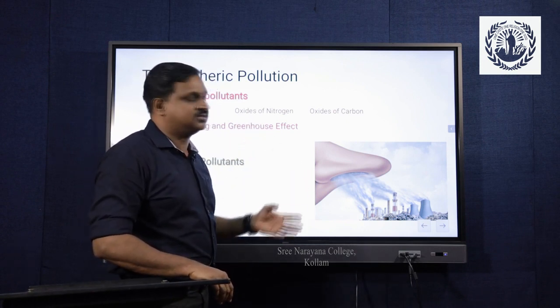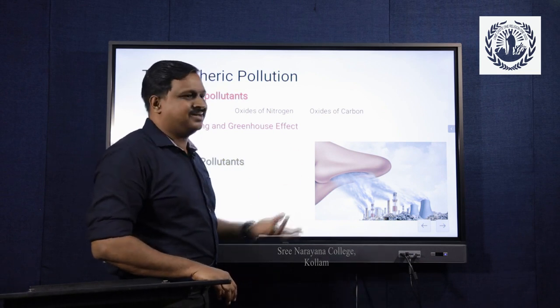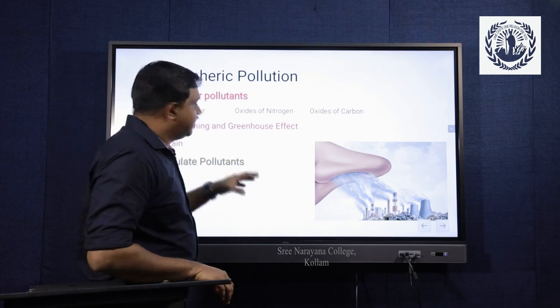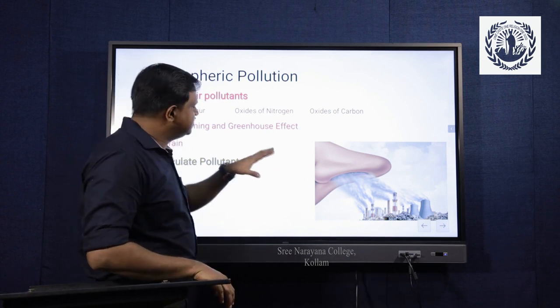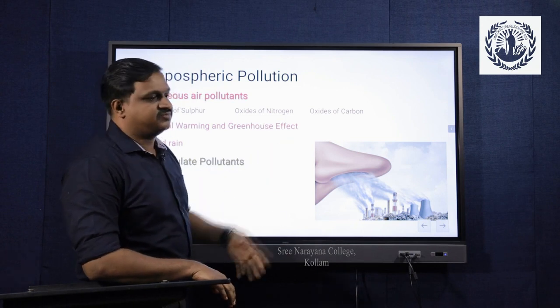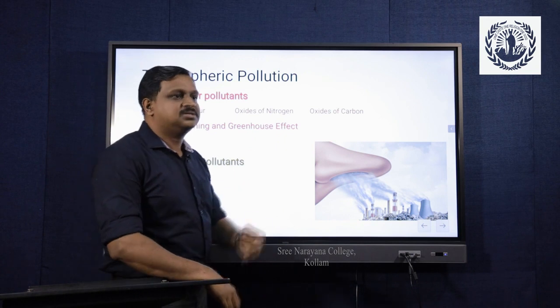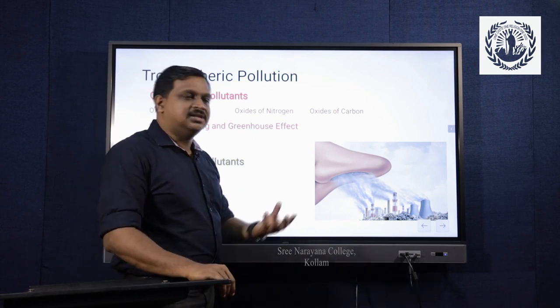Actually, the greenhouse effect is a warming effect due to the presence of carbon dioxide, methane type greenhouse gases, and even water vapor and dust particles. All these can contribute to the greenhouse effect. And finally, what happens? The temperature of the Earth's surface is increased. And finally, what is happening? Global warming. Global warming is the increase in the temperature of the Earth's surface by 2